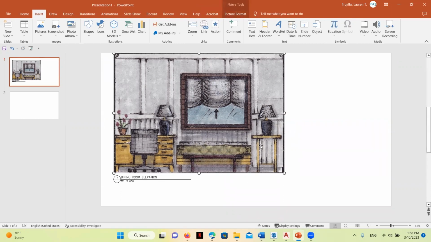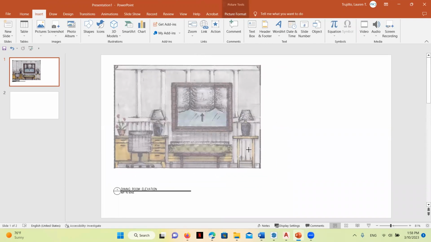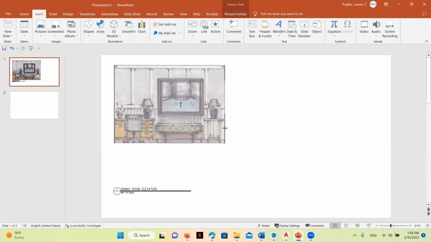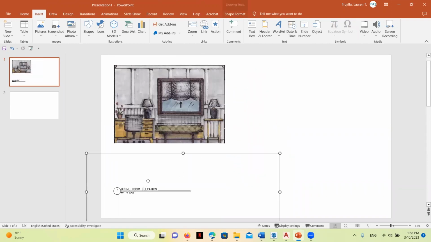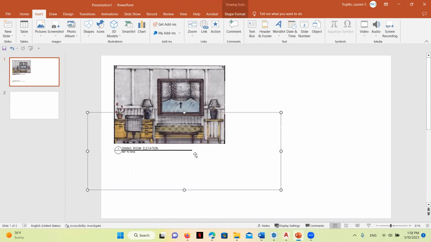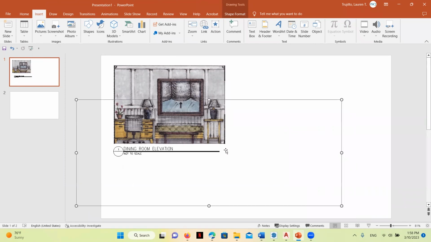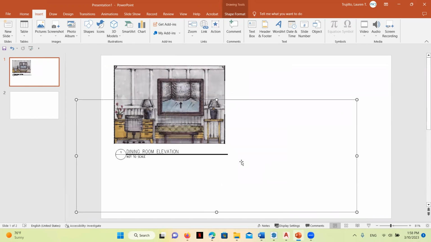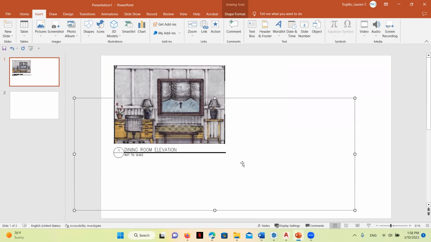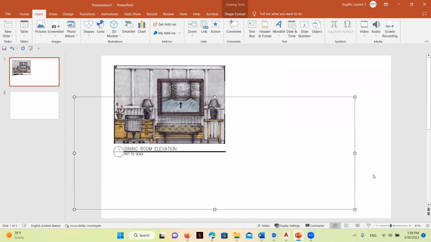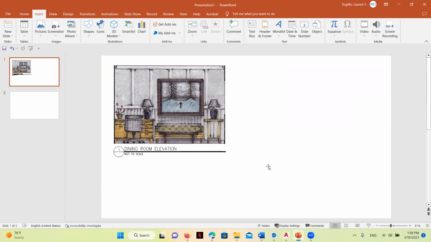Because this drawing is really big, our drawing label appears pretty small. So I'm going to make it a little bit smaller over there. I'm going to bring my title over here, and I'll stretch it out just a little bit more. We want to try to get the label and the line underneath it to align with the right edge of our drawing. So it's going to take a little tweaking and a little adjustment, but we've got our drawing there and we've got our label there as well.